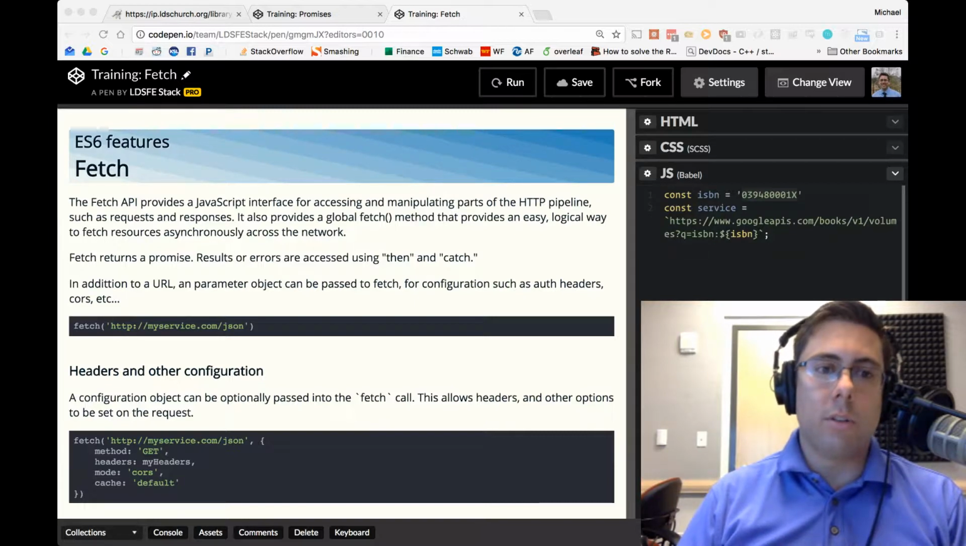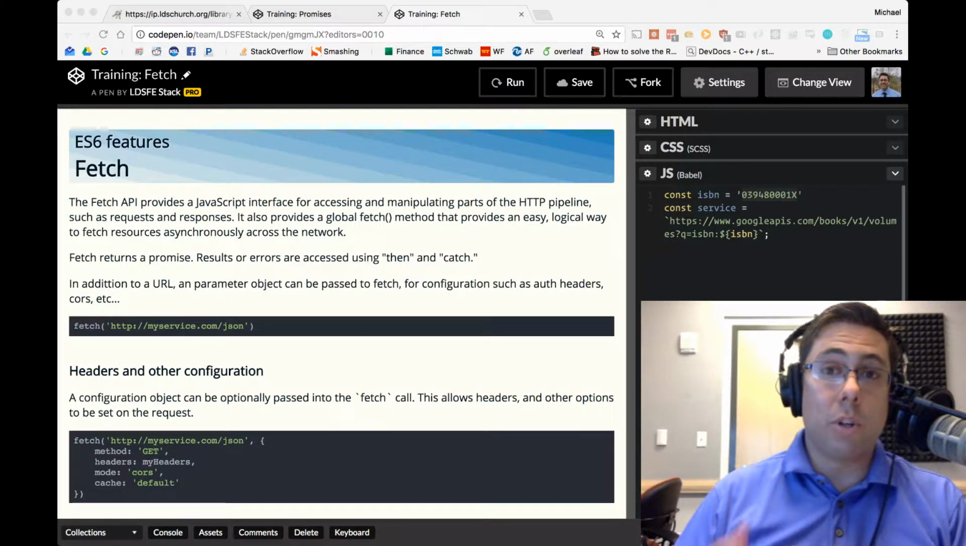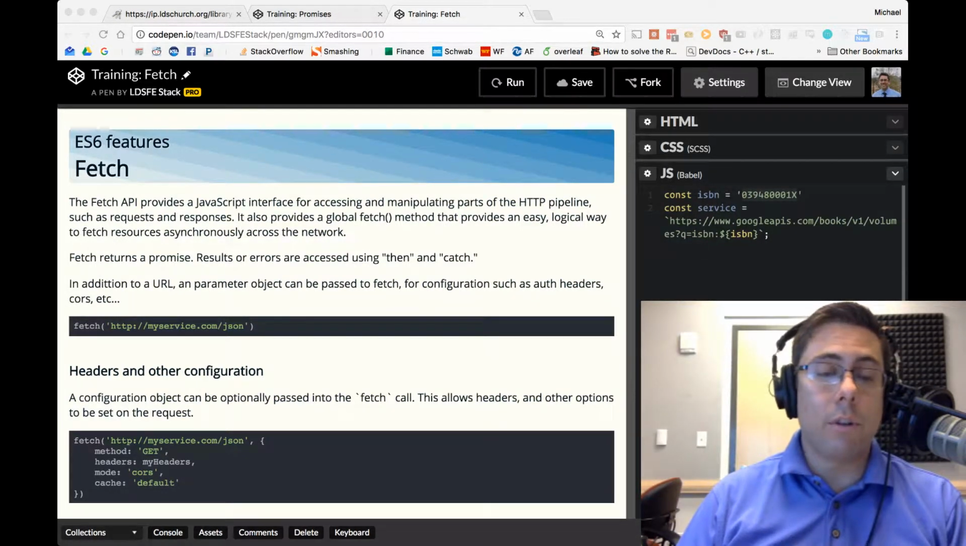Fetch returns a promise. That's why this section comes after promises. We've learned how to write promises and how to interact with them. Fetch returns a promise, and we're going to be able to interact with the values it returns. The results or errors from that network request are going to be accessed using then and catch methods. The fetch method itself accepts a URL,